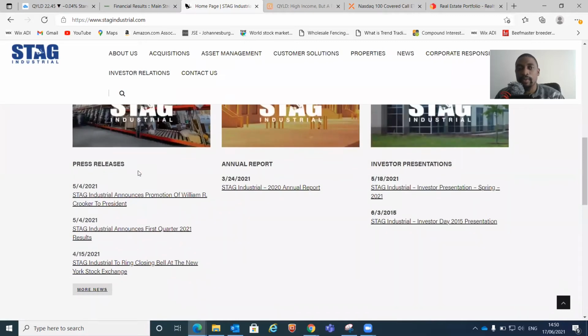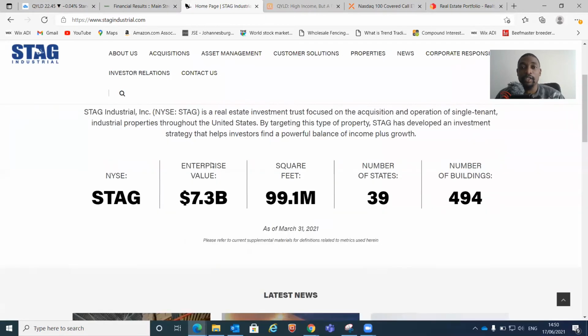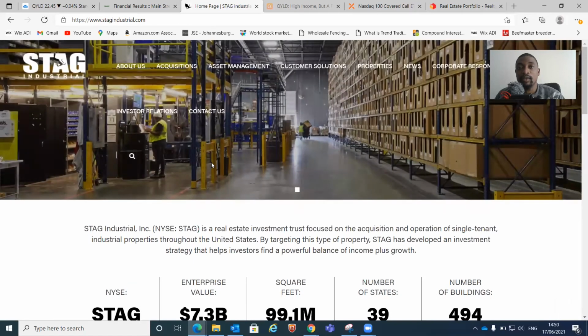So I won't go deep into the fundamentals of this business, but if you just go to stagindustrial.com, you'll be able to find all the information that is there. Again, similar to Realty Income and QYLD, they also pay the dividend